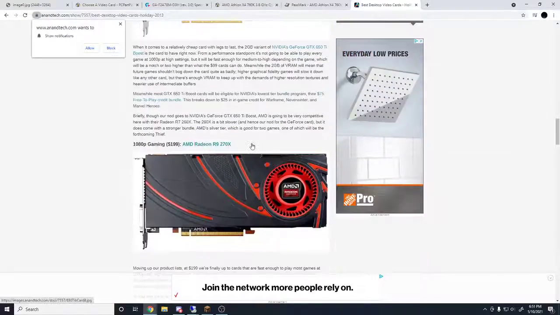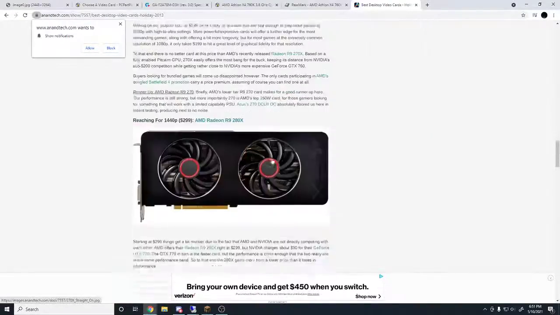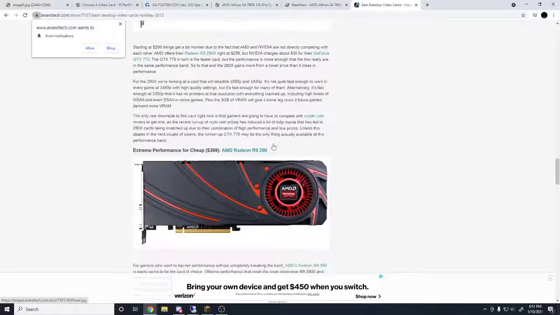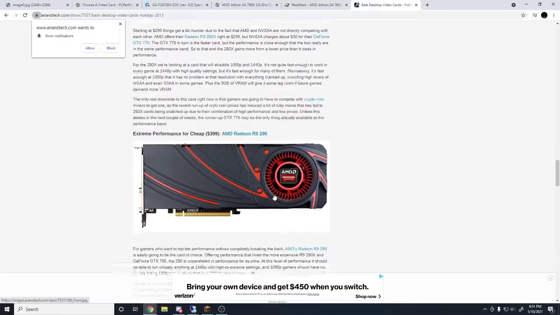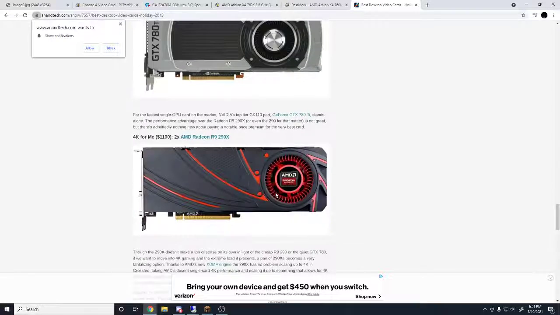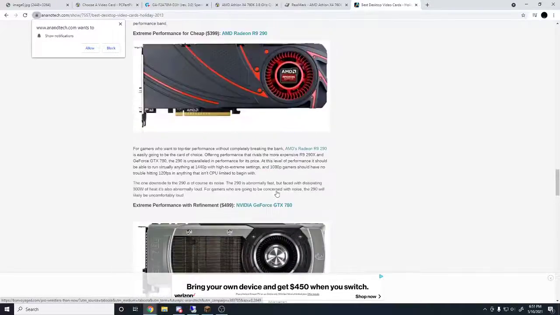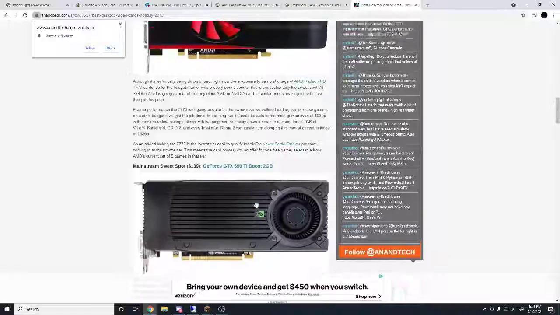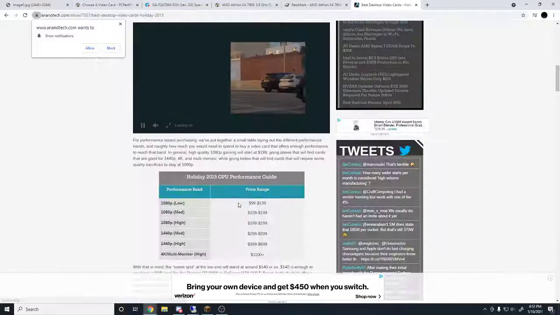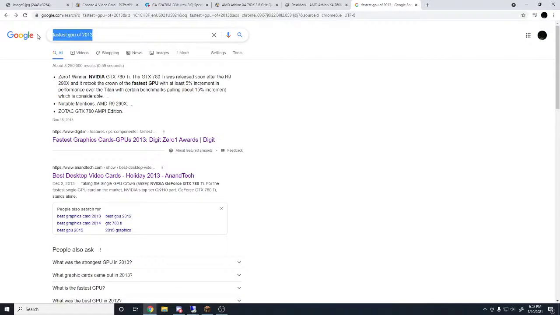Mid spot, GTX 650 Boost. Hey, look, another red one. All the red ones are best performance too, cheap, $400, $290. Oh, for some reason one company has a lot of red ones, and the other company doesn't. Let's go ahead and take a look for